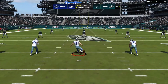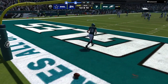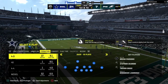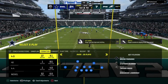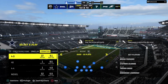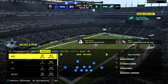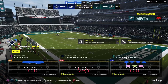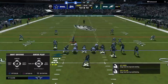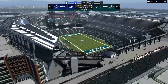So not much time to speak of remaining in this first half as the kick's away. The Eagles take over 1st and 10 at their own 25-yard line. Already at the line, this Philly offense set to go. And with time quickly fading here in the 2nd quarter, not sure how aggressively, offensively they want to play this. I think we'll find out just how much they trust their guys in this situation if they decide to take